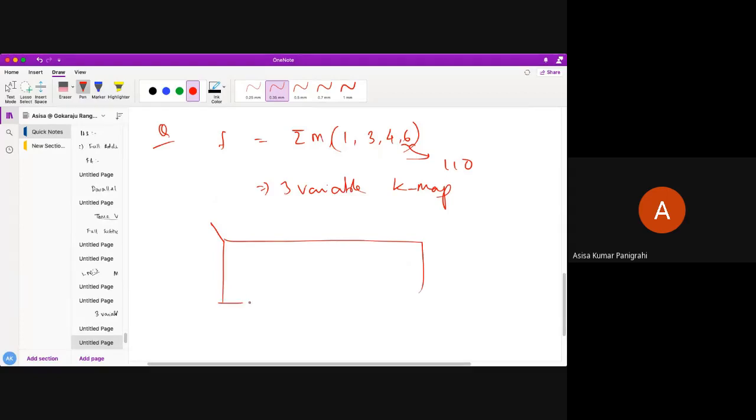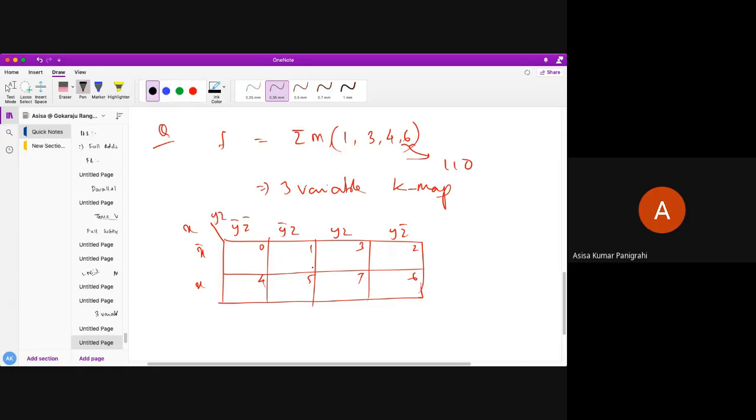This is my 3 variable KMF: x, y, z, y bar z bar, y bar z, y z, and y z bar. This is my x bar and x. You just put those values over here: 0, 1, 2, 3, 4, 5, 6, and 7. 1 is present, so put 1. 3 is present. 4 is present.